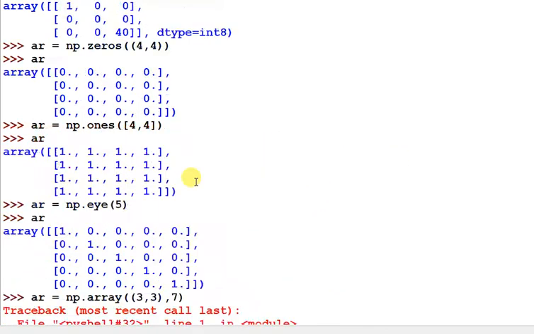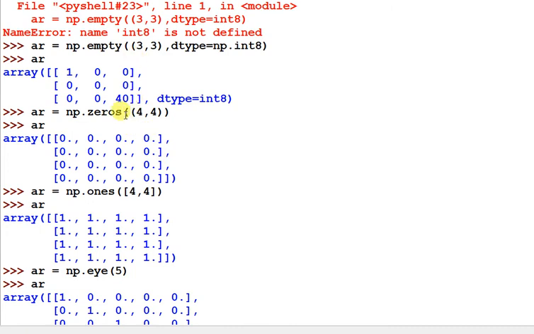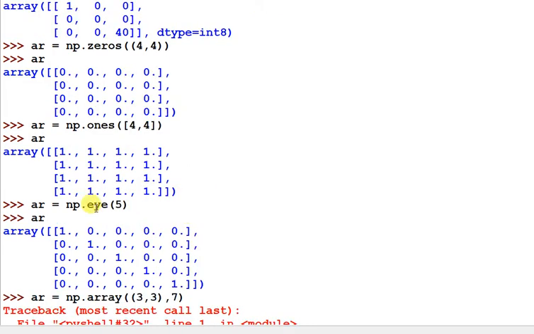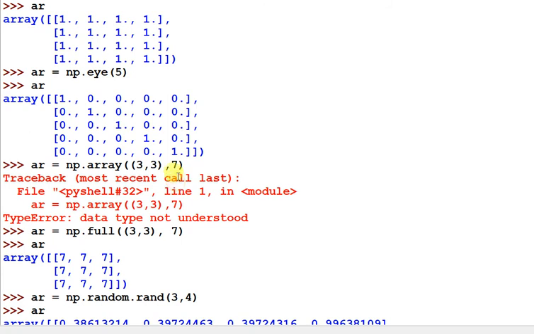If you want to create a two-dimension array filled with zeros, we can call the zeros function. If you want an array filled with ones, we can call ones. If you want a two-dimension array with the diagonal elements filled with 1, we can call the eye function.